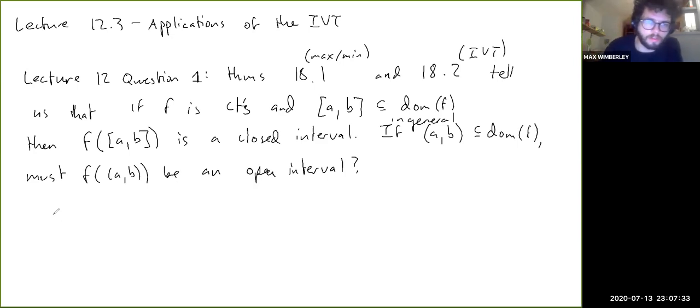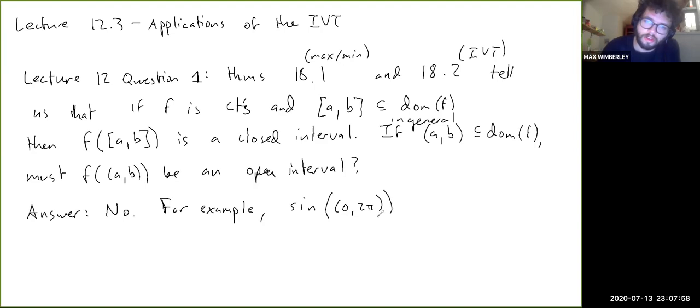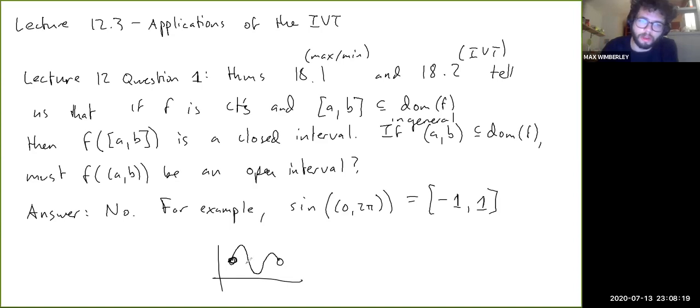Okay, so the answer here is actually no. So a simple example would be, sine of the interval 0 to pi is the closed interval -1 to 1, right? And in general, well, actually, you do open things like this. If the function kind of goes up above and below the endpoint values,